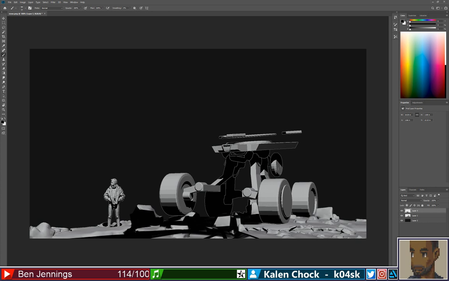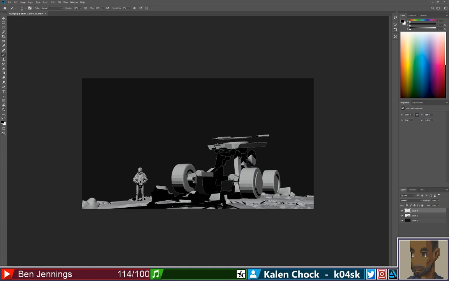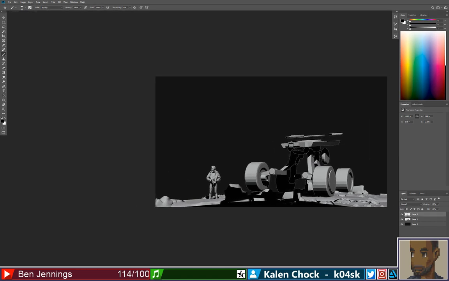And so I don't want the outline to be everywhere, but definitely in some places. Maybe we'll just make this whole thing dark until I have a better idea of where I want to go with it. Alright, there you go. Cool.